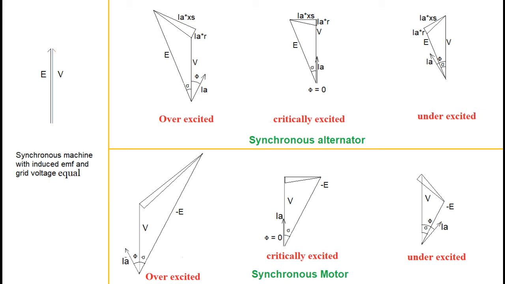The synchronous machine that we have considered so far is in its alternator mode, working on its local load. But in this unit we are going to consider the same machine working on a grid instead of a local load. The behavior of a machine working on a grid is quite different from the machine working as an alternator on its local load.